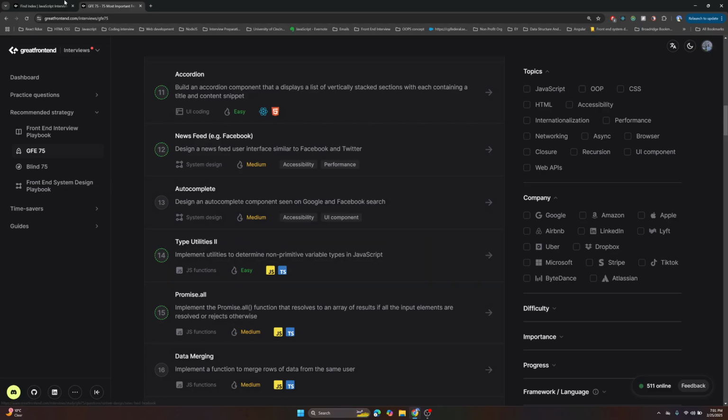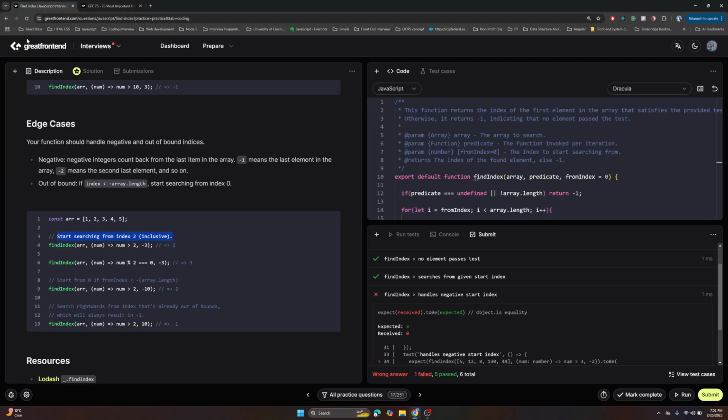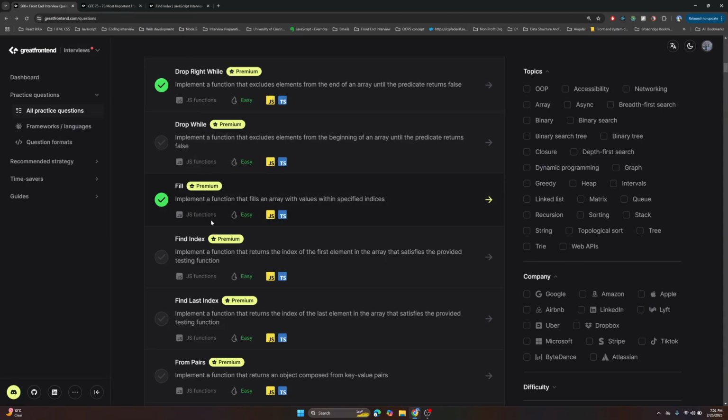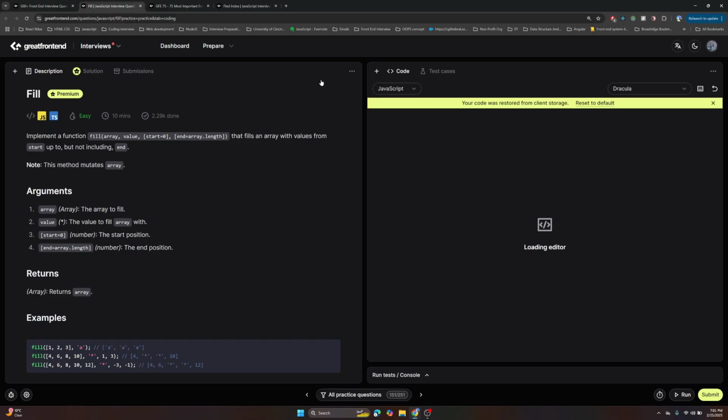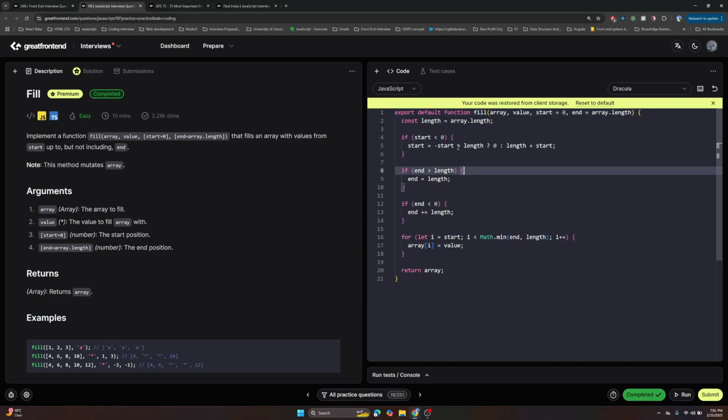Okay, how should we go back to that question? What I'll do is copy paste this in here and go back to the list. 500 plus, right? Yeah. And we did this, fill. We did fill. What it did was, if start is less than 0, then minus start is greater than the array.length, then we'll